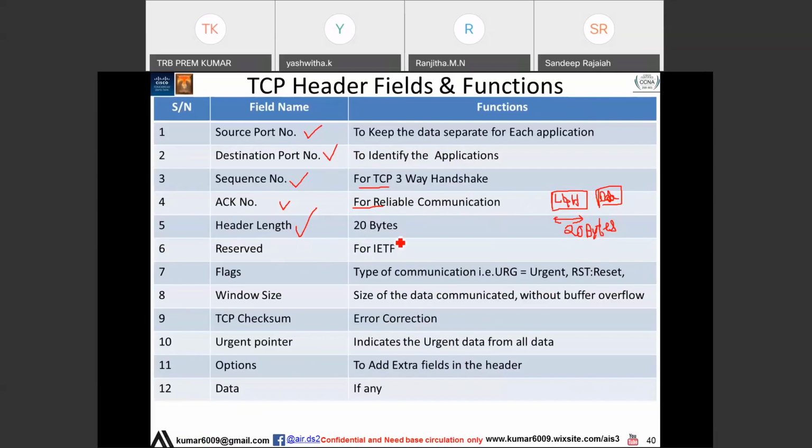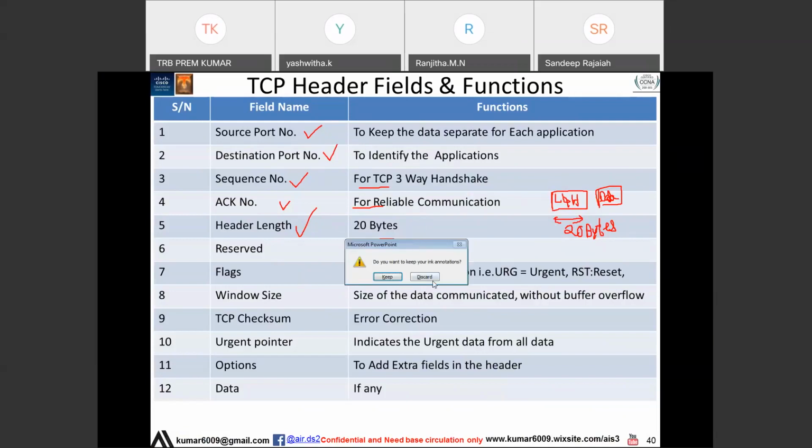Reserved. Understand here. The organization that maintains all the protocols is IETF. IETF means Internet Engineering Task Force. So if I want to know about a protocol, I need to go to the IETF website and find out the protocol details. I want to understand what TCP is. The only authorized document is available on the IETF website.